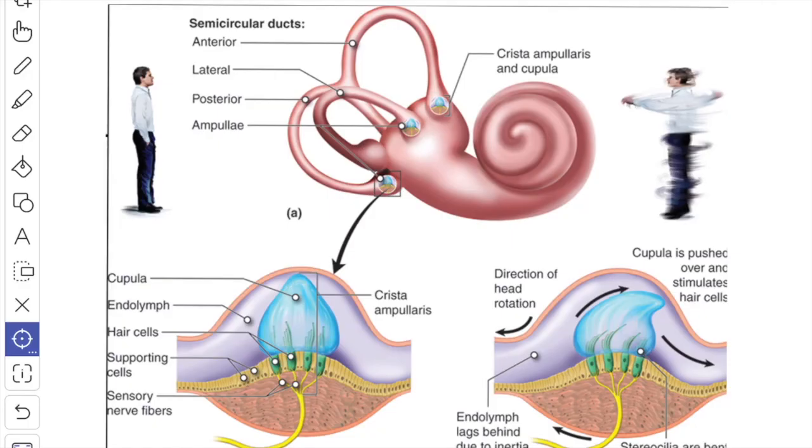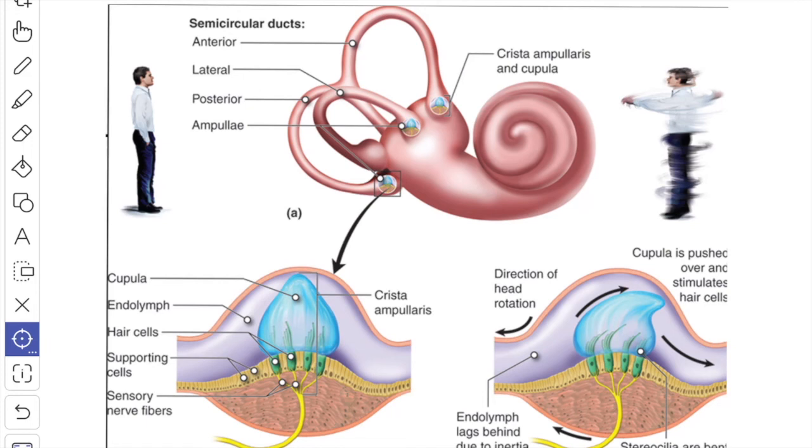So next we'll see about the functions of the semicircular ducts. The cupula of the crista ampullaris acts like a swing door and it is deflected to one side by the movements of the endolymph. It acts as a rotatory receptor and monitors the angular acceleration during the rotation of the head, and at the same time keeps the body posture upright. The compression of the stereocilia towards the kinocilium produces the excitation of the hair cells, and their decompression produces inhibition.